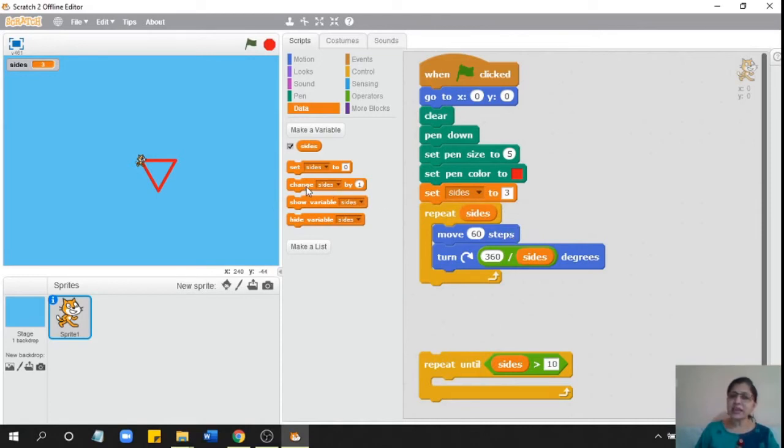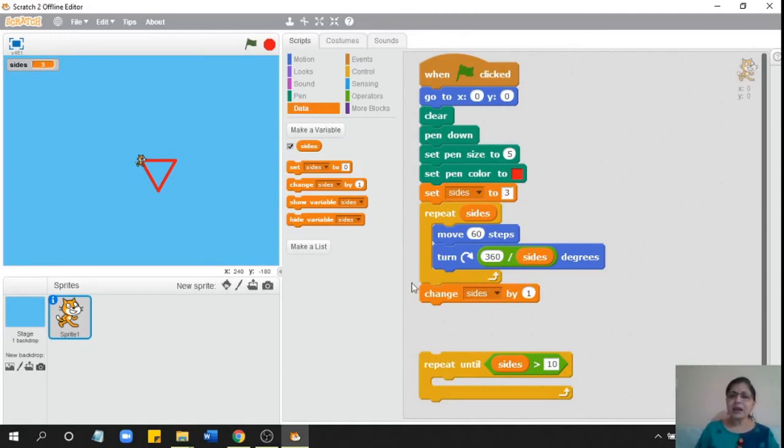I will add 1 to sides, like this. Change sides by 1. So if sides initially contains 3, it will now contain 4 by this command. Change sides by 1, so 3 plus 1 is 4. So it will now draw a four-sided figure.